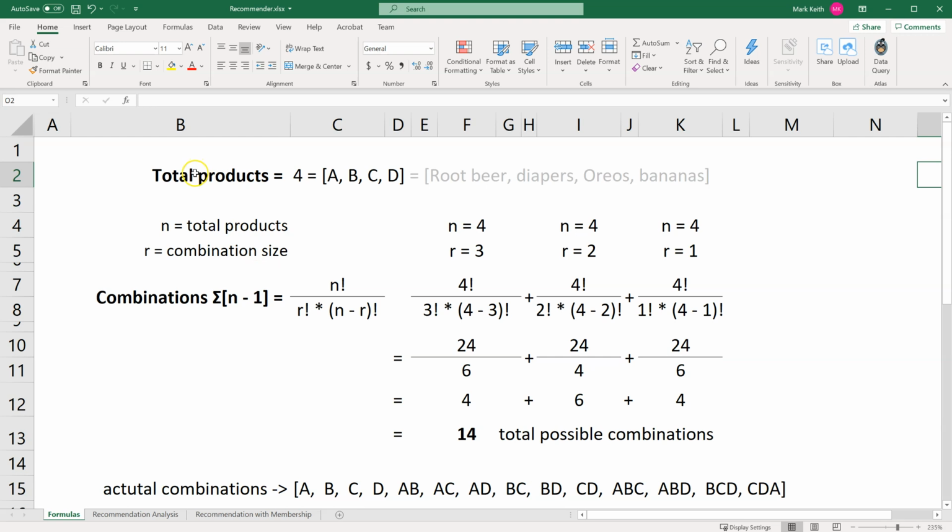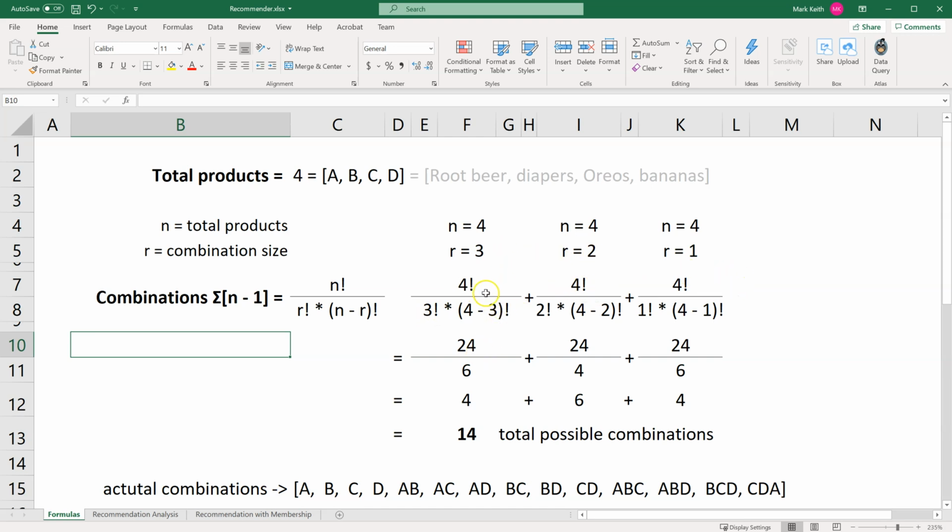The first thing we need to do is determine the total number of possible combinations of products. So the formula for that is the combination formula, but we sum that for n minus 1 total products because for example here, we've got 4 products. N is 4, R is our combination size. We're going to do this for a size of 3. If it's a size of 4, there's just one combination and there's no need to recommend. But if there's only 3 items in a basket, well, then the total number of possible combinations is going to be 4 factorial over 3 factorial times n minus r factorial,